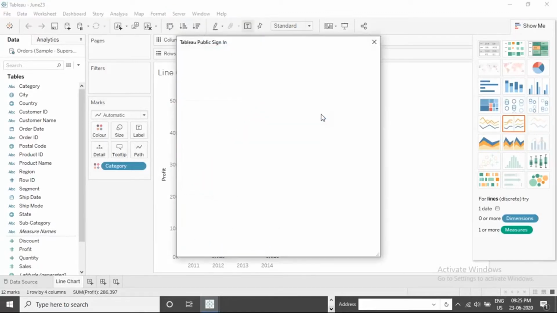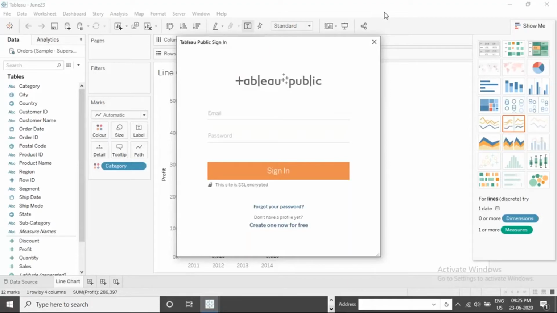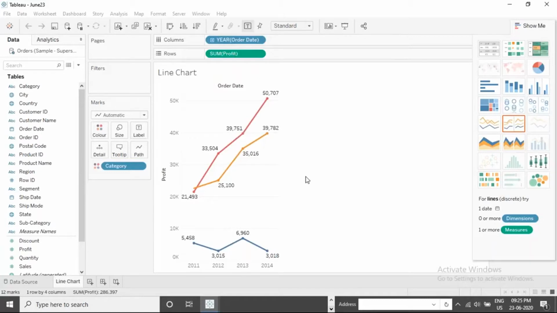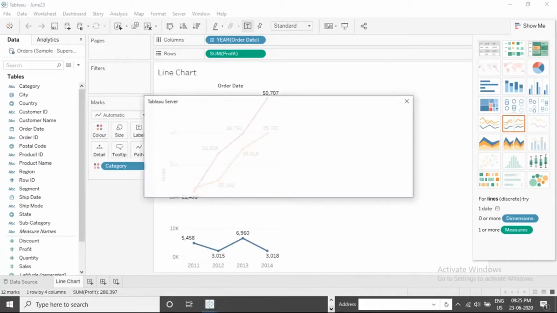Tableau will prompt you to log in to your Tableau Public account. Now, a Tableau Public account can be created for free. I would recommend all of you create an account for yourself on Tableau Public. You can just create an account for free and log in. When you sign in to Tableau Public Server or Tableau Public Gallery to save your work there, when we publish